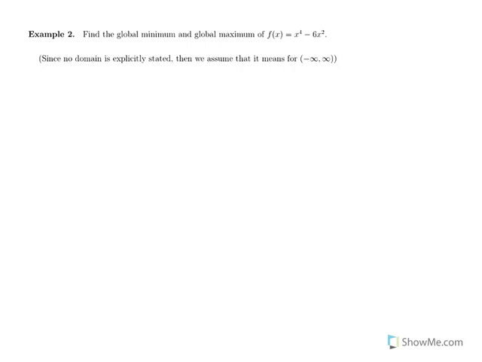So let's start with an example. Same problem, but no domain is explicitly stated. So that means that it's going to be negative infinity to infinity, which means we have some more work to do. Note that we found critical points before